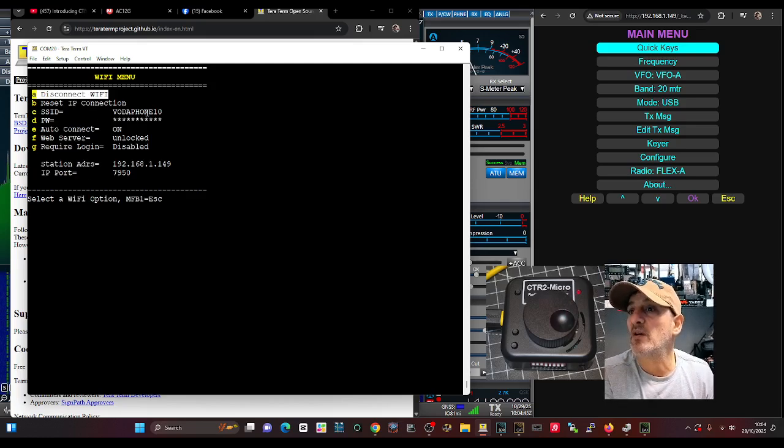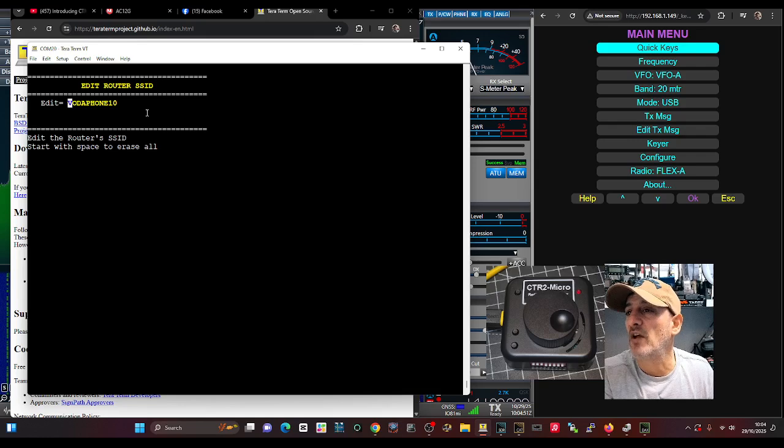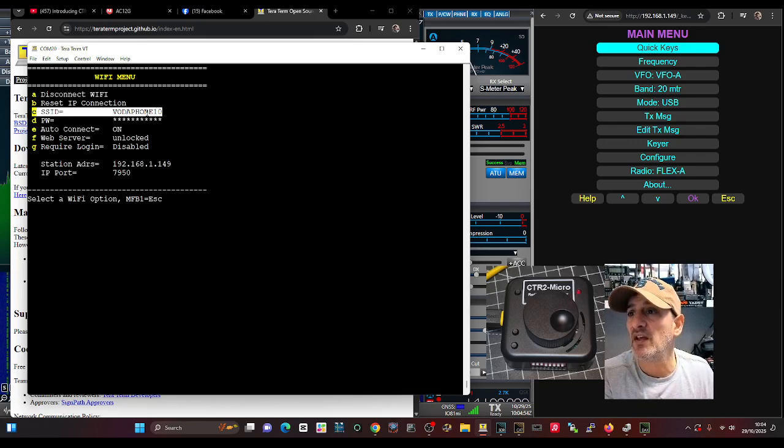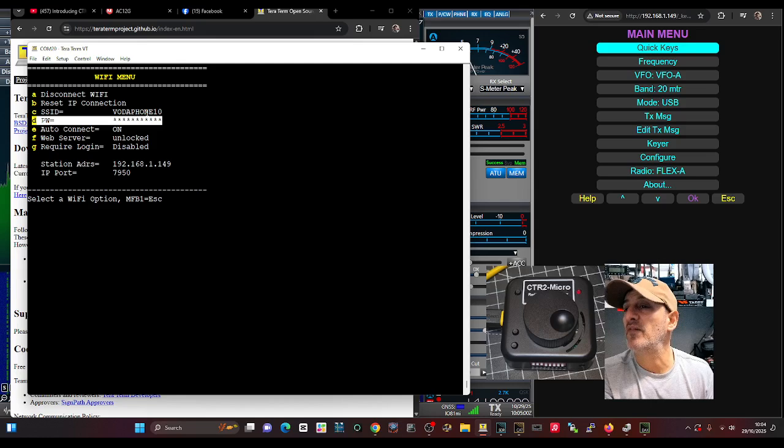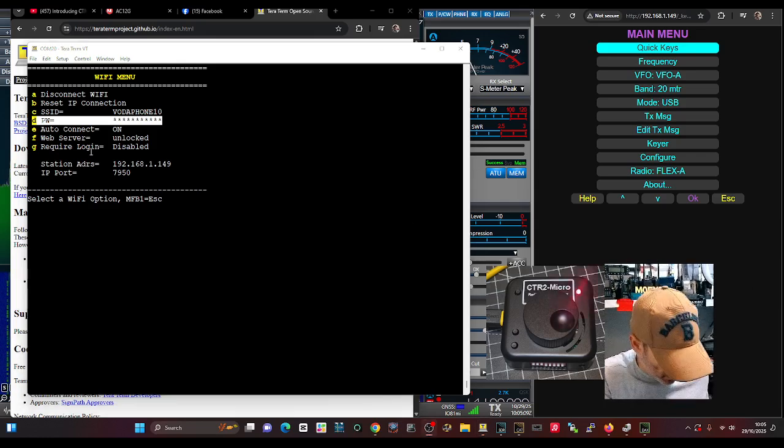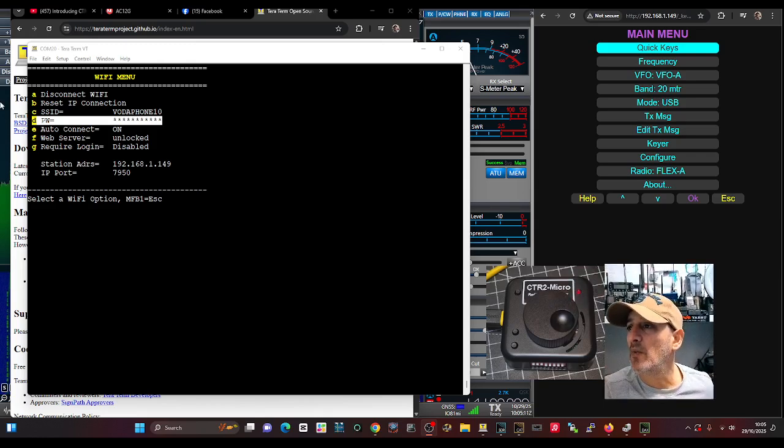And here you can just go down. If I press enter on SSID, I can type that and it's done. Press enter again. And then you go down, I'm not going to show you my password, but when I press enter, I can put in my password. And then it connects. And if you have to, turn it on and off and it will connect. Okay? Now press enter. If we go escape now on my keyboard,